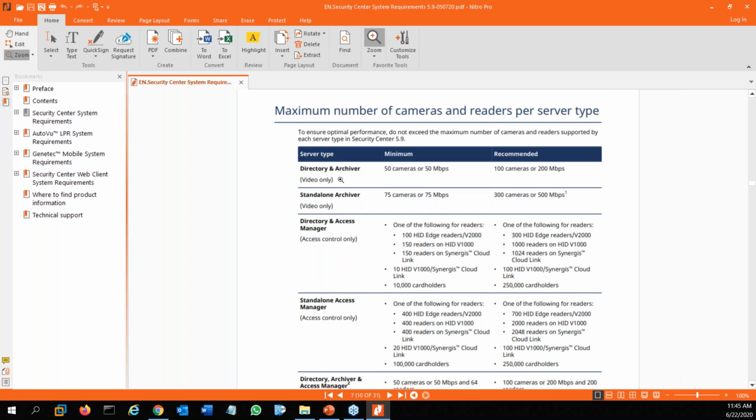If you have the directory and the archiver role running on a single server, the minimum spec server can handle about 50 cameras or 50 megabits per second. A recommended server can handle about 100 cameras or 200 megabits per second. However, if you take the archiver and put it on a server by itself, that is the standalone archiver,